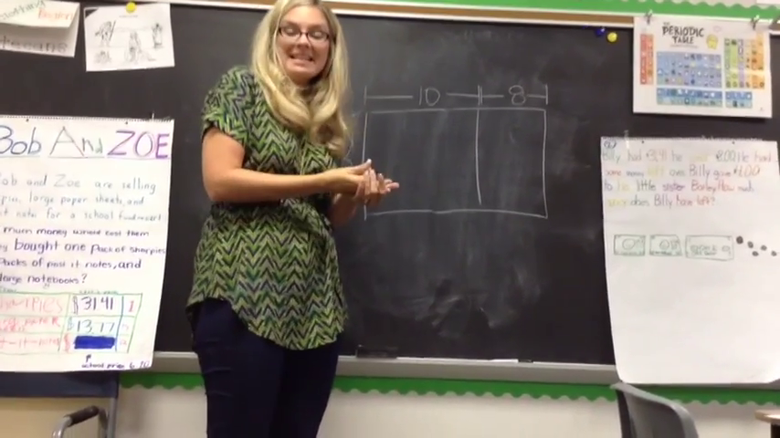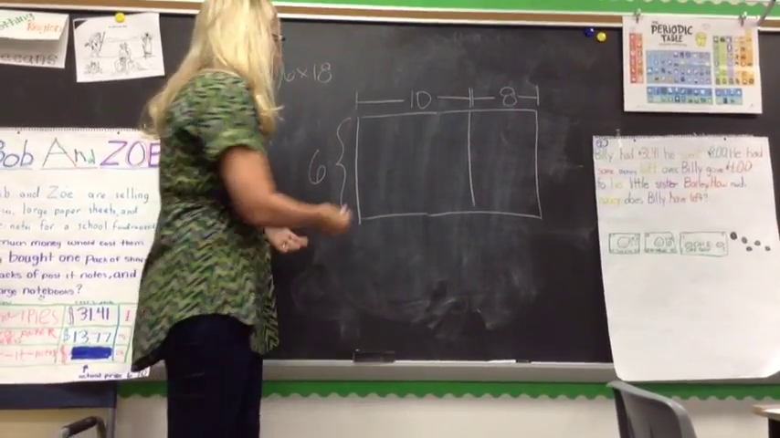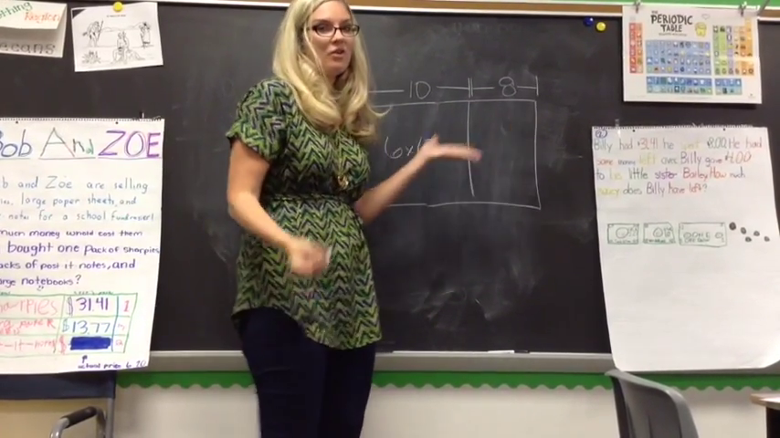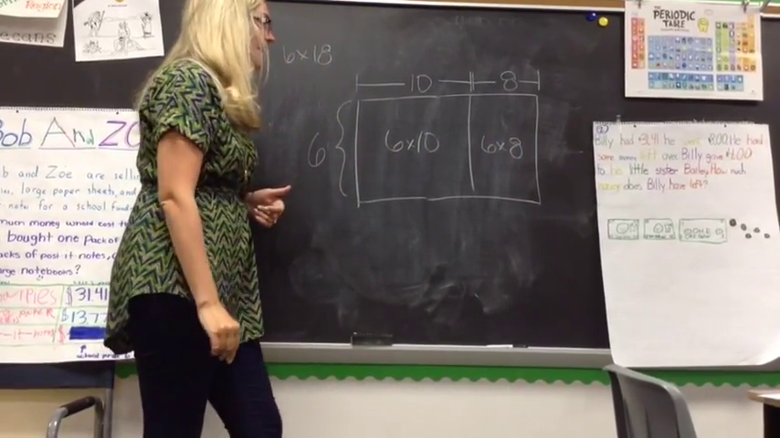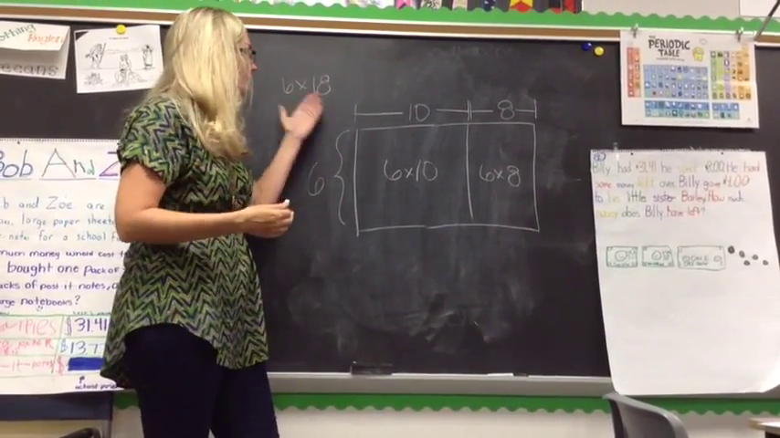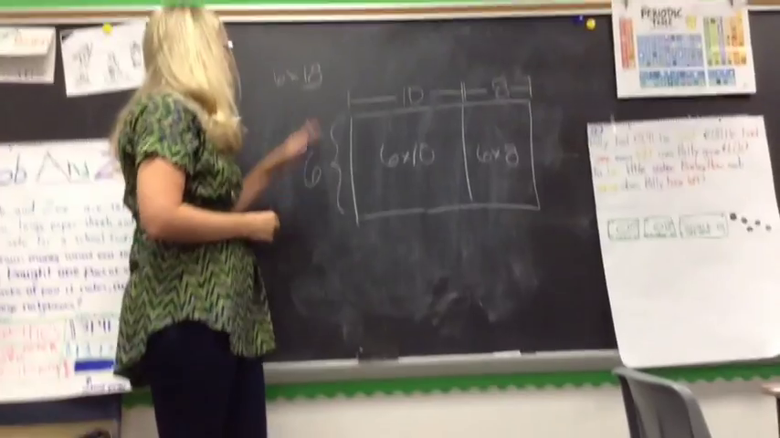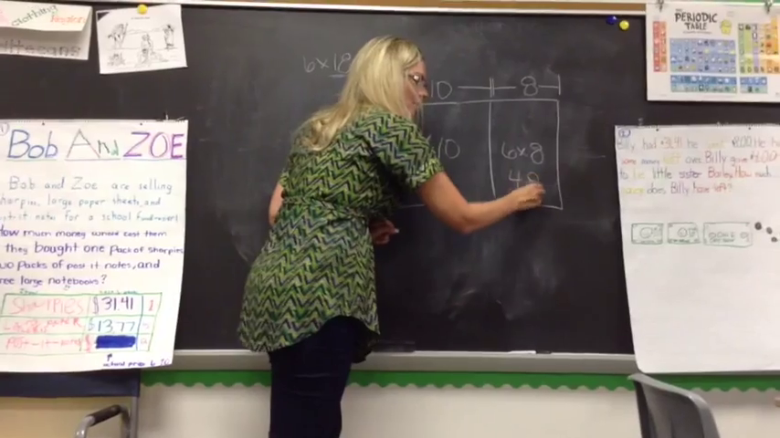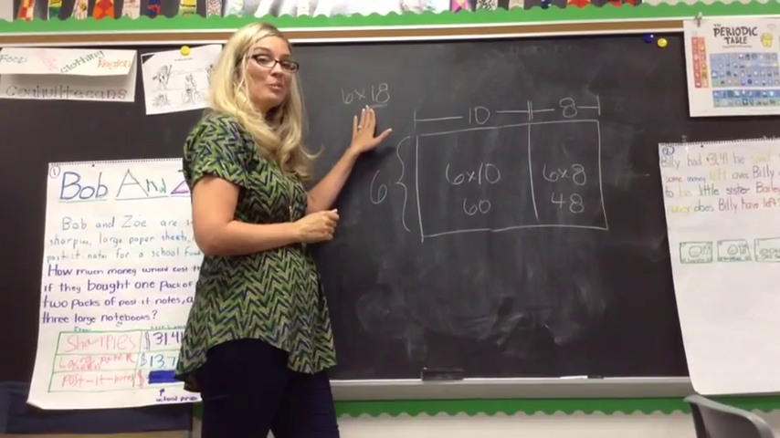But can't I break that down into smaller parts? Sure I can. To find this part of the rectangle, I can do 6 times 10. And to find this part of the rectangle, I can easily do 6 times 8. Once I do that, I can add them together to get the whole area. That's the way multiplication works. I can break apart one of the numbers. So, this is 60 and this is 48. When I add those two together, I get 108, which is the answer to this problem,